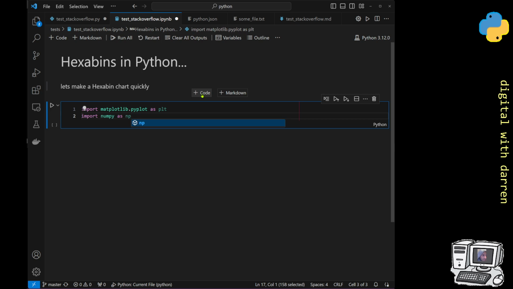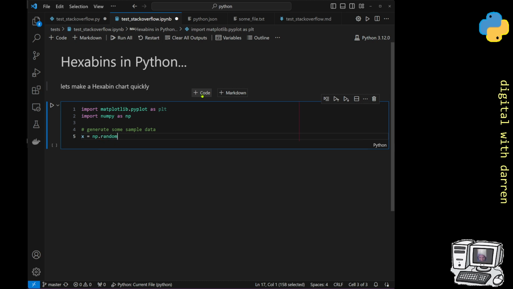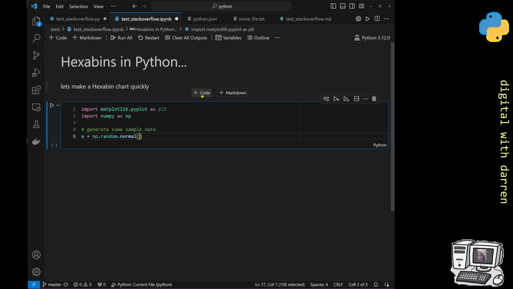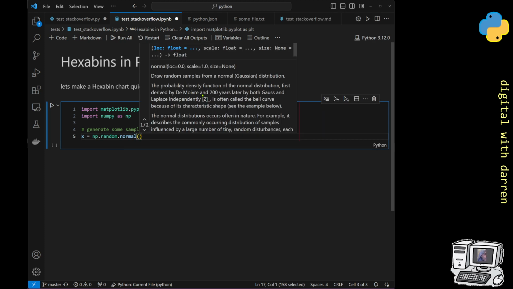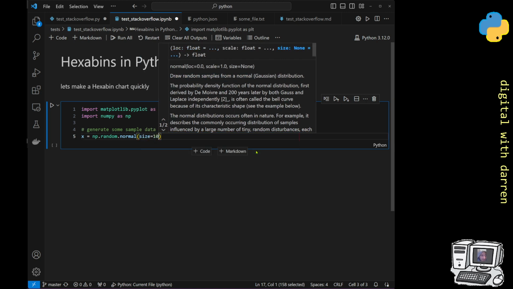as np, a very popular package in Python, and we are going to use numpy to generate some sample data like this. So we're going to say that x equals np.random using the autocomplete .normal. This draws random samples from a normal Gaussian distribution, and we're going to say that the size is equal to 1000 like this,